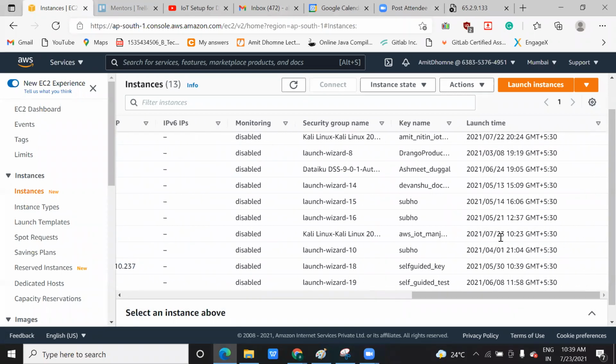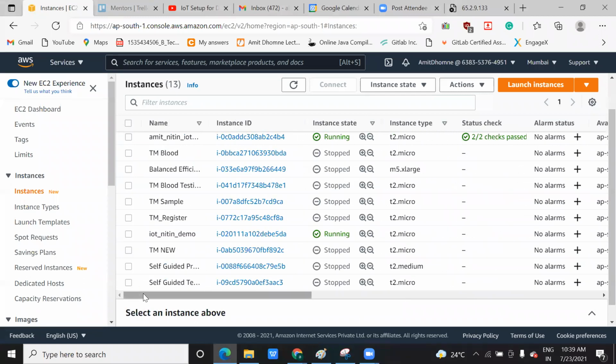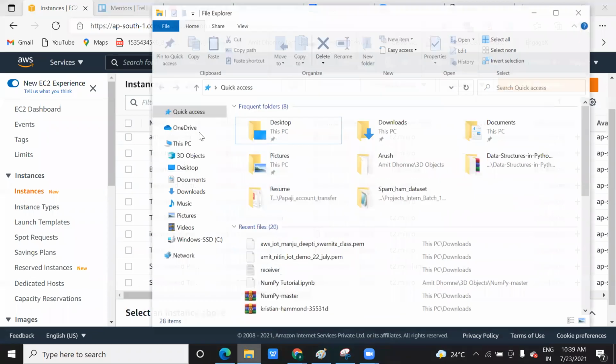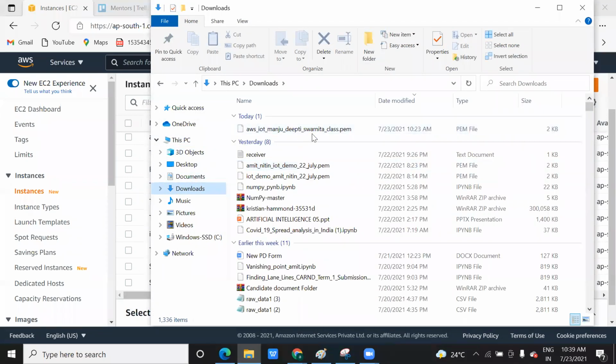Yes, this one only we have created. There are some permission issues here. You have this one only, right? The AWS IoT PEM file, right? Yes, this one only.